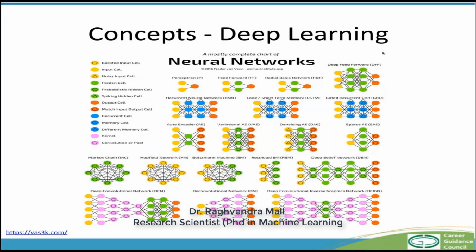Just a final thing: for deep learning you have different types of models. You have models based on deep feed forward neural networks. You have recurrent neural networks. Some of these neural networks are meant for sequence data. Some are meant for image-based data, like the convolutional neural networks. Some are meant for generative modeling. So different kinds of deep learning models exist. When you take a machine learning course, you will become aware of most of them. A good machine learning course makes you aware of all the different kinds of models which exist.